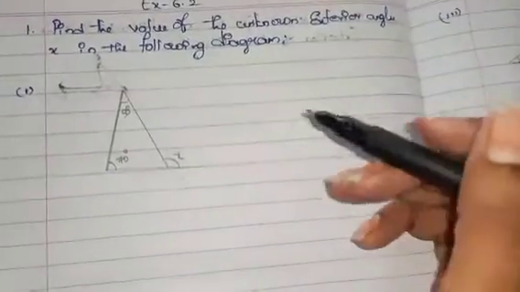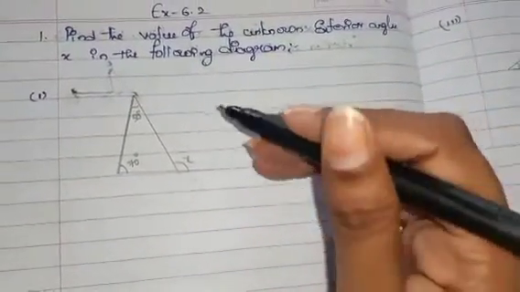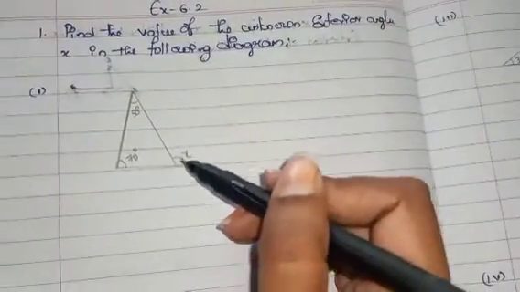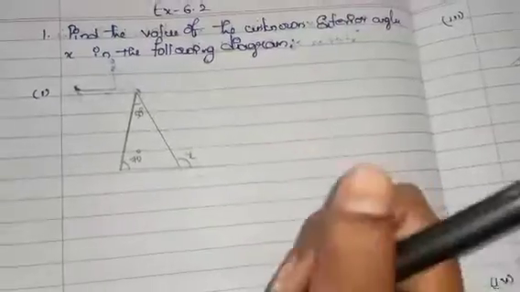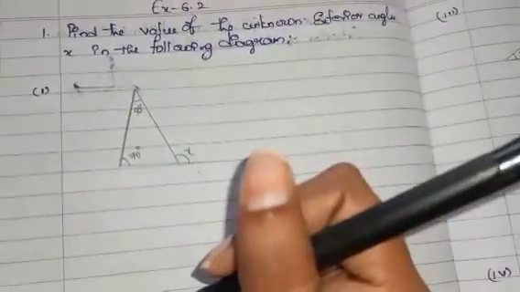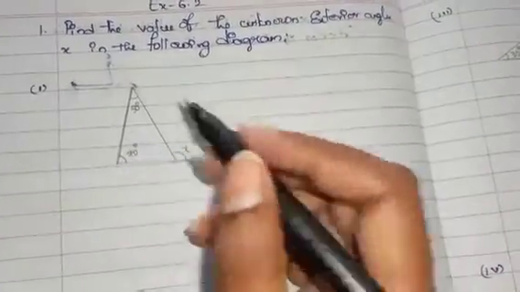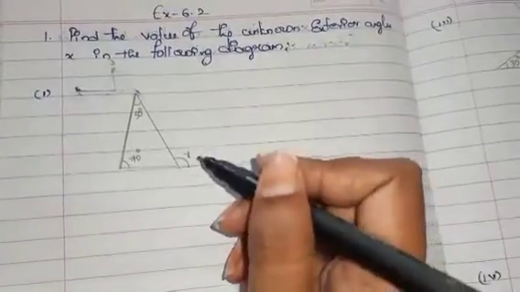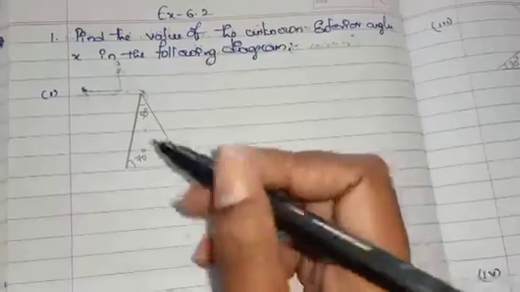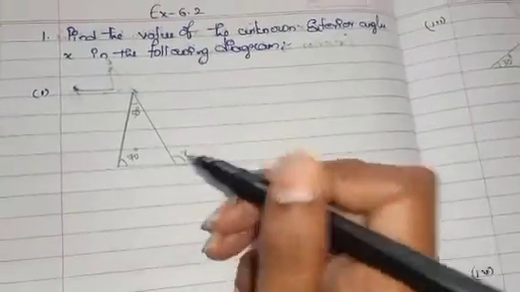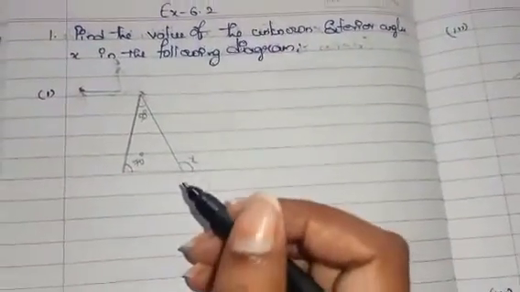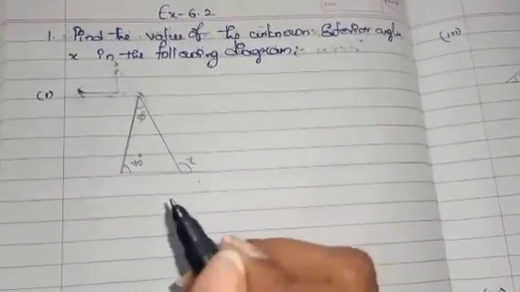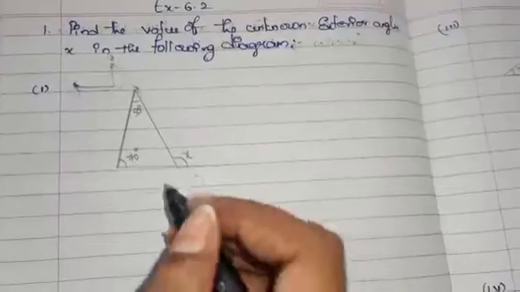Here we are having some diagrams, from which we have to find exterior angles. Two angles are given, but the exterior angle is not given, that is x. As we discussed in the introduction, we know what an exterior angle means. First we will find the exterior angle, that is, the value of x. Two angles are given. Now we will start finding angle x using the exterior angle property of a triangle.